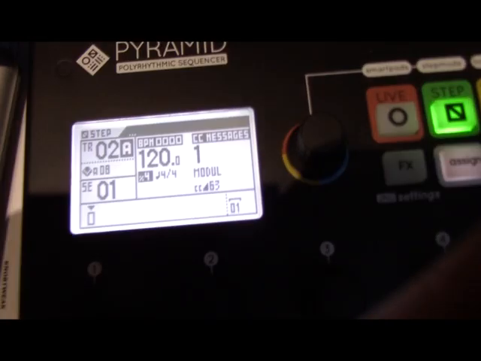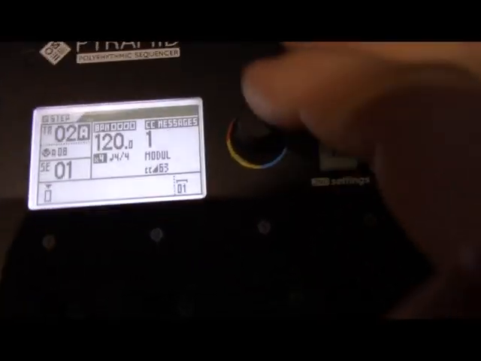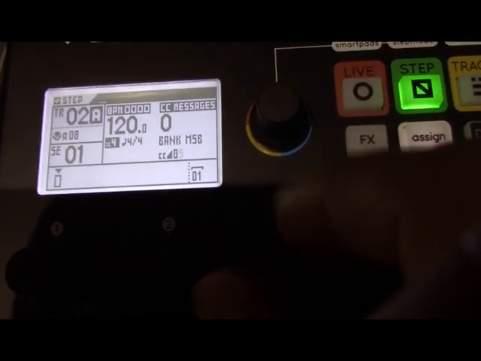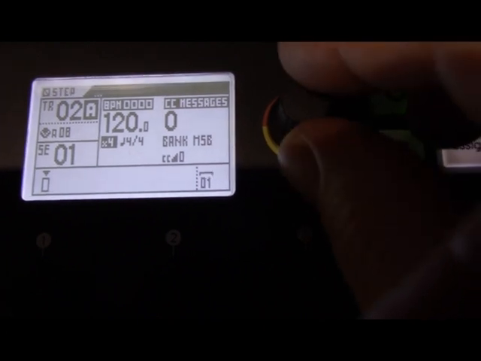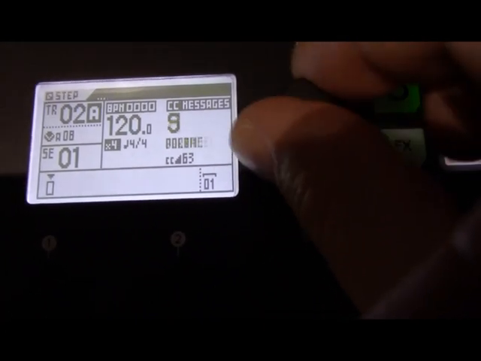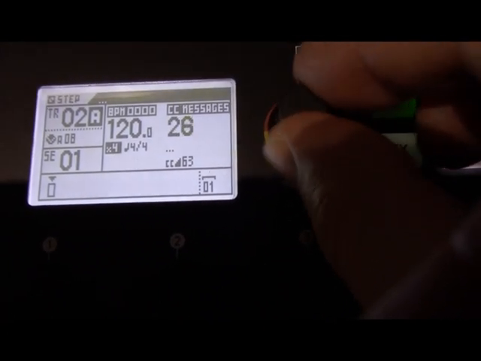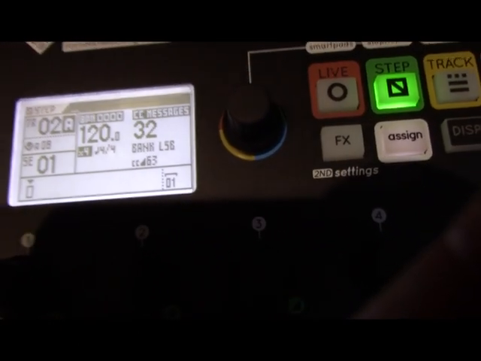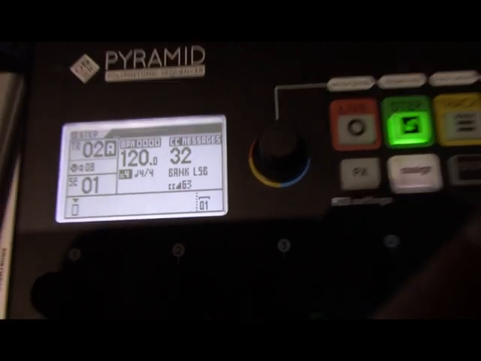So let's try and do this a bit quicker this time. So first of all, my CC message for my bank MSB is going to be 0. Let's set the value to 0 and hit that. Now my LSB is message 32. That is going to be, it's actually bank 2 on the Prophet. Bank 2. So I'm sending